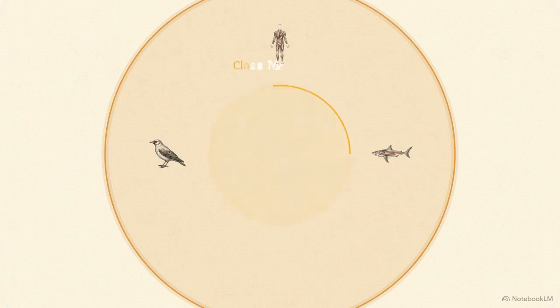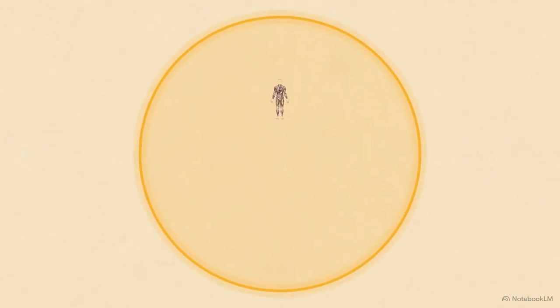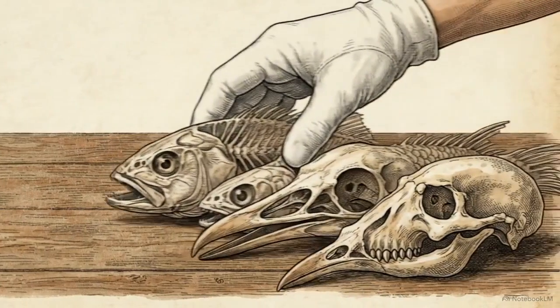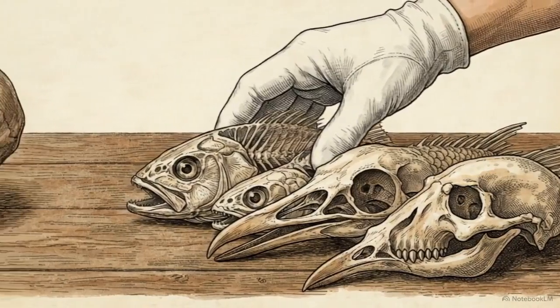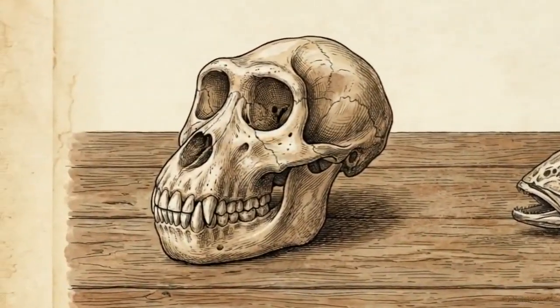You must have a notochord, a flexible support rod. Humans have one, insects do not, so they are filtered out. At class Mammalia, the filter requires hair and mammary glands. The birds and fishes are removed. Each descending level acts as a stricter filter, stripping away organisms with differing anatomical traits until only a specific group